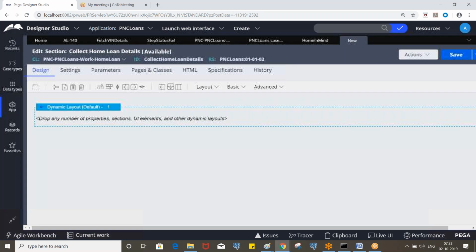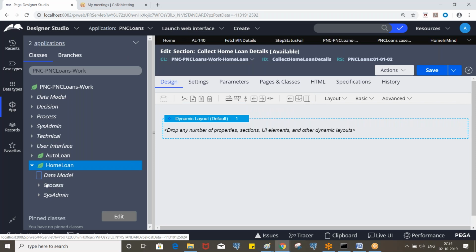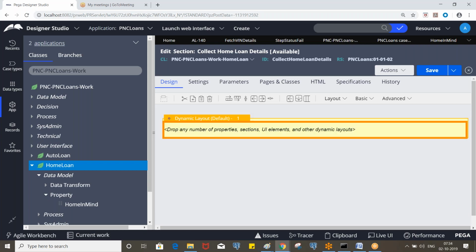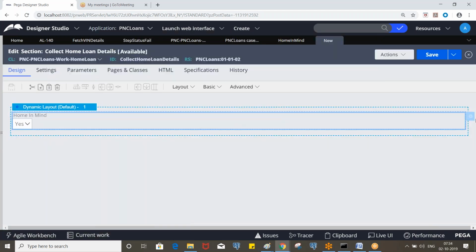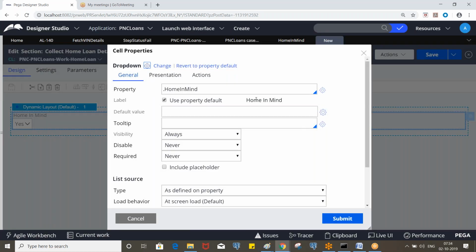Let's drag the property called home in mind and change the label from home in mind to do we have a home? By default, the label will be the same as the property, and if you want, you can change it. Sometimes the label will be different from the property name. So, do you have a home?